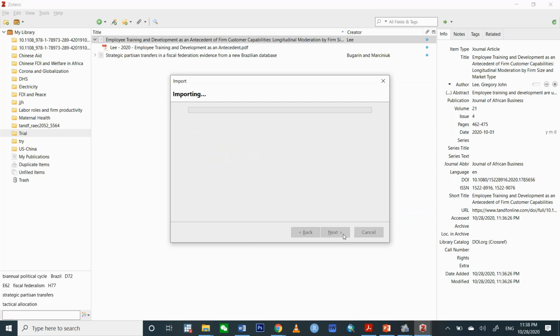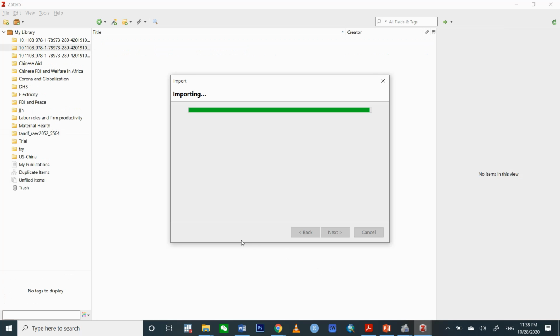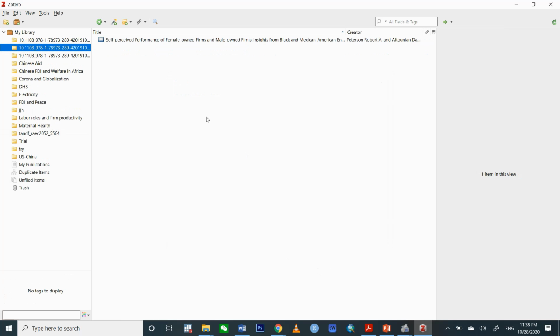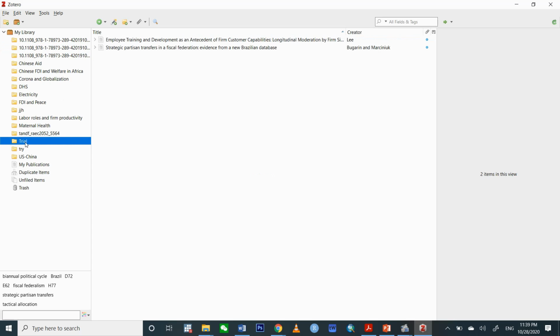Then you can click on next, and Zotero imports the citation information into your Zotero library. So this is the citation information in my Zotero library. It actually creates a new folder for it. If you don't want it captured in a different folder, you can always copy it and add it to your desired folder. Okay, so quickly, I want to teach us now how to use Zotero for your citation works